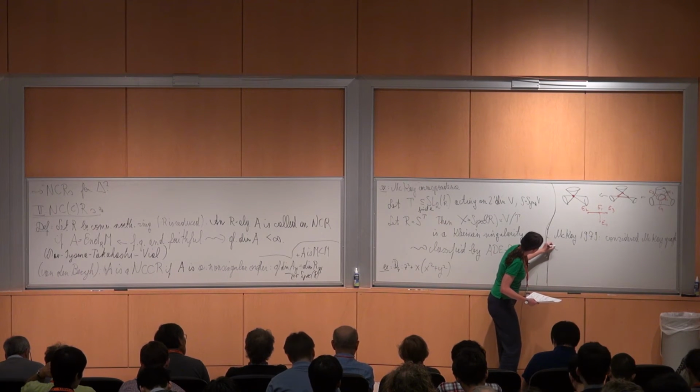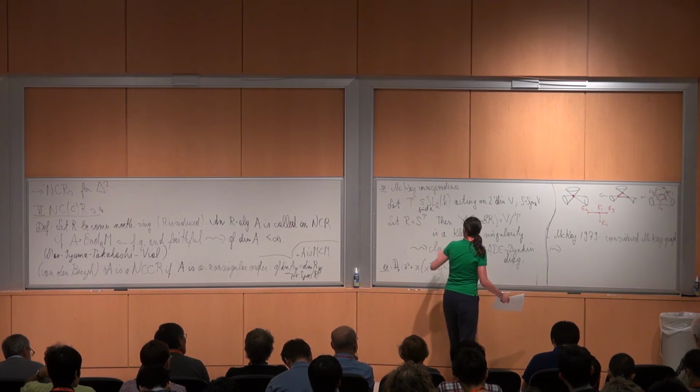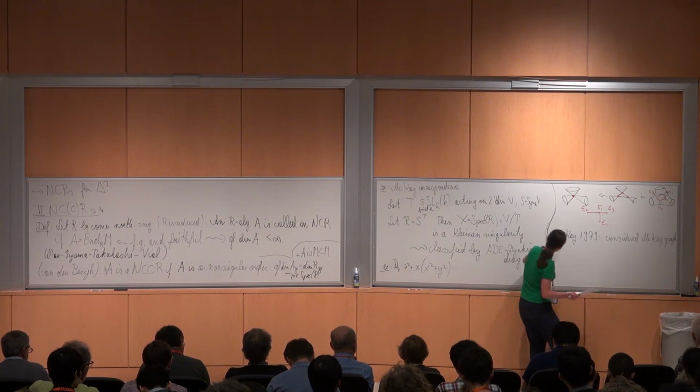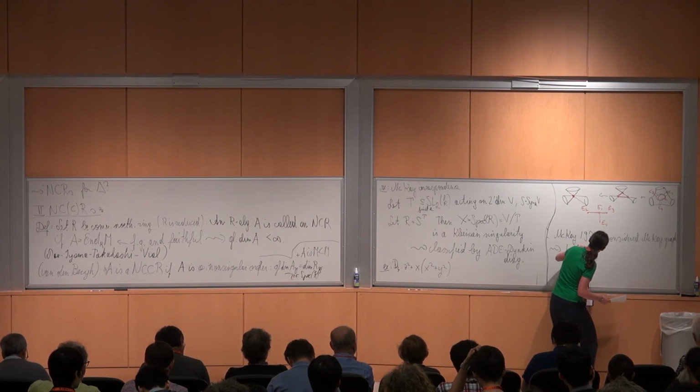We did that for all these finite subgroups here, and what you get is a one-to-one correspondence